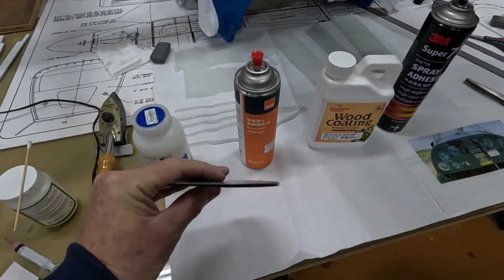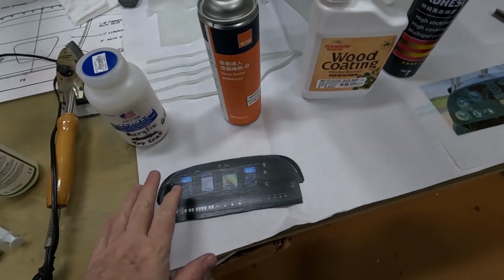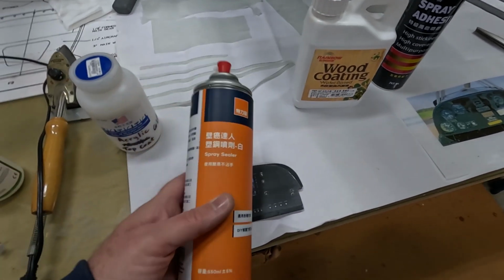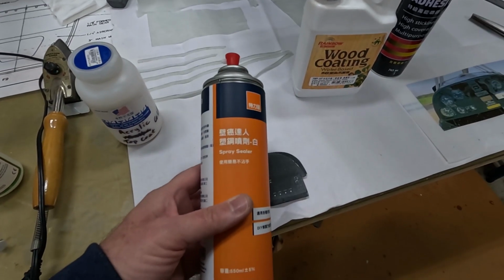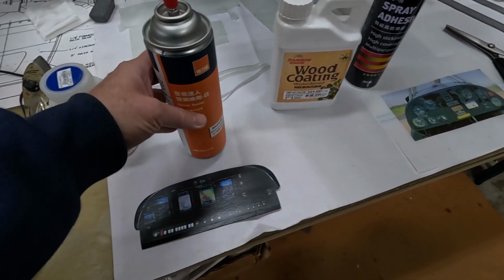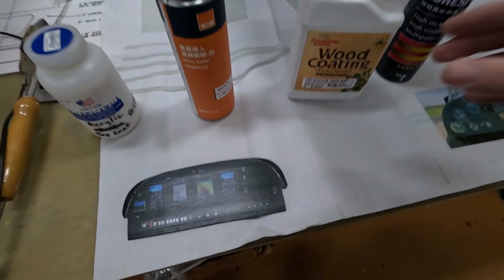and then cut out this balsa piece. It's 2mm balsa. And before I did anything with that balsa, after I cut it out, I hit it with a spray sealer. Yes, this is a spray sealer, but other than that, I have no idea what kind of sealer. But it does seem to work. It's not as good as a